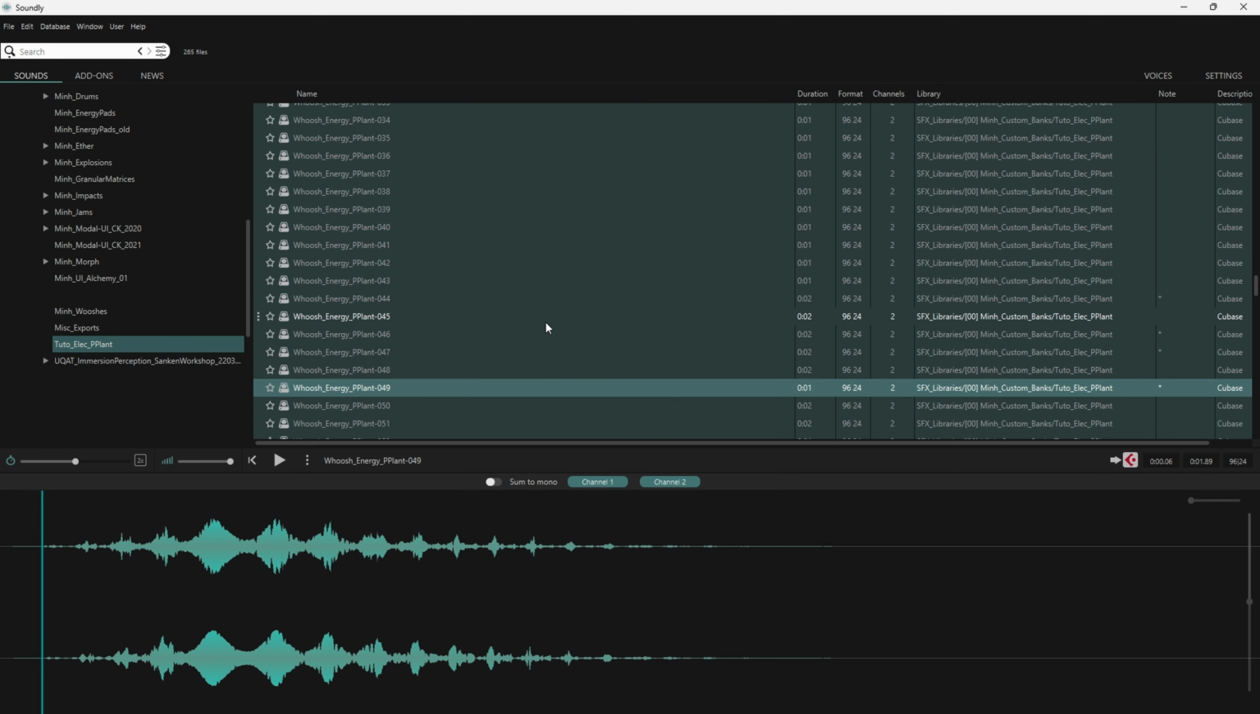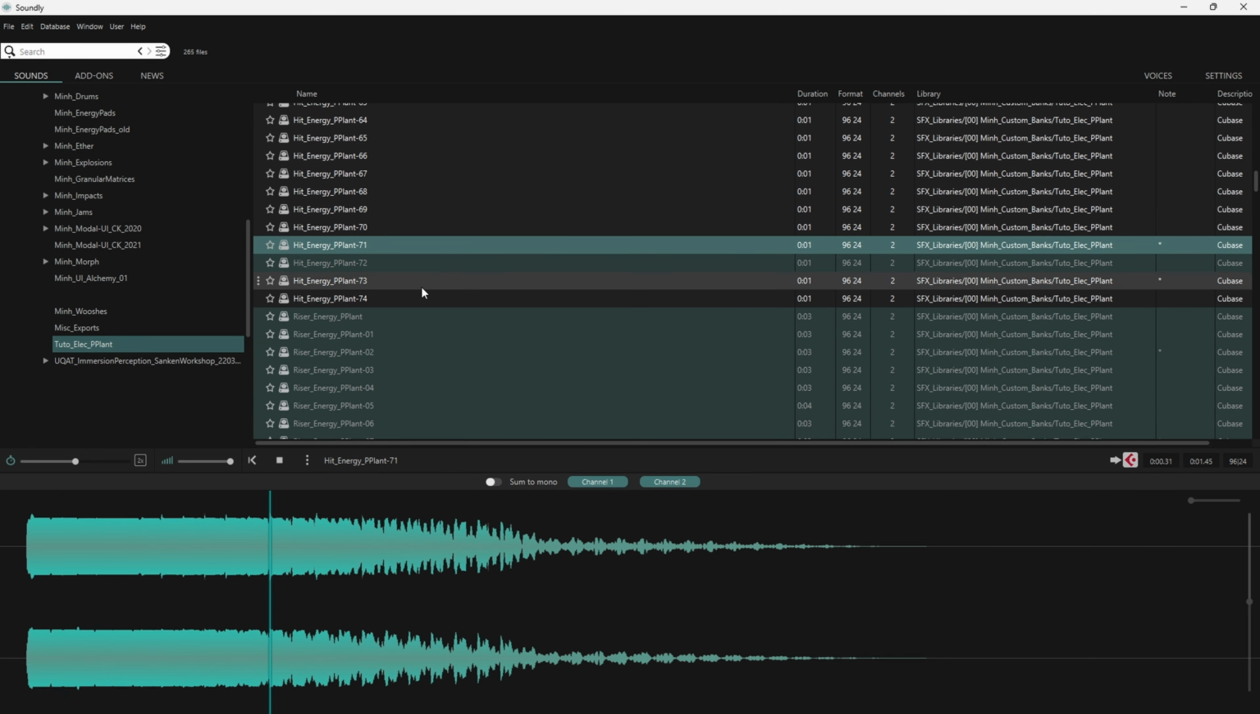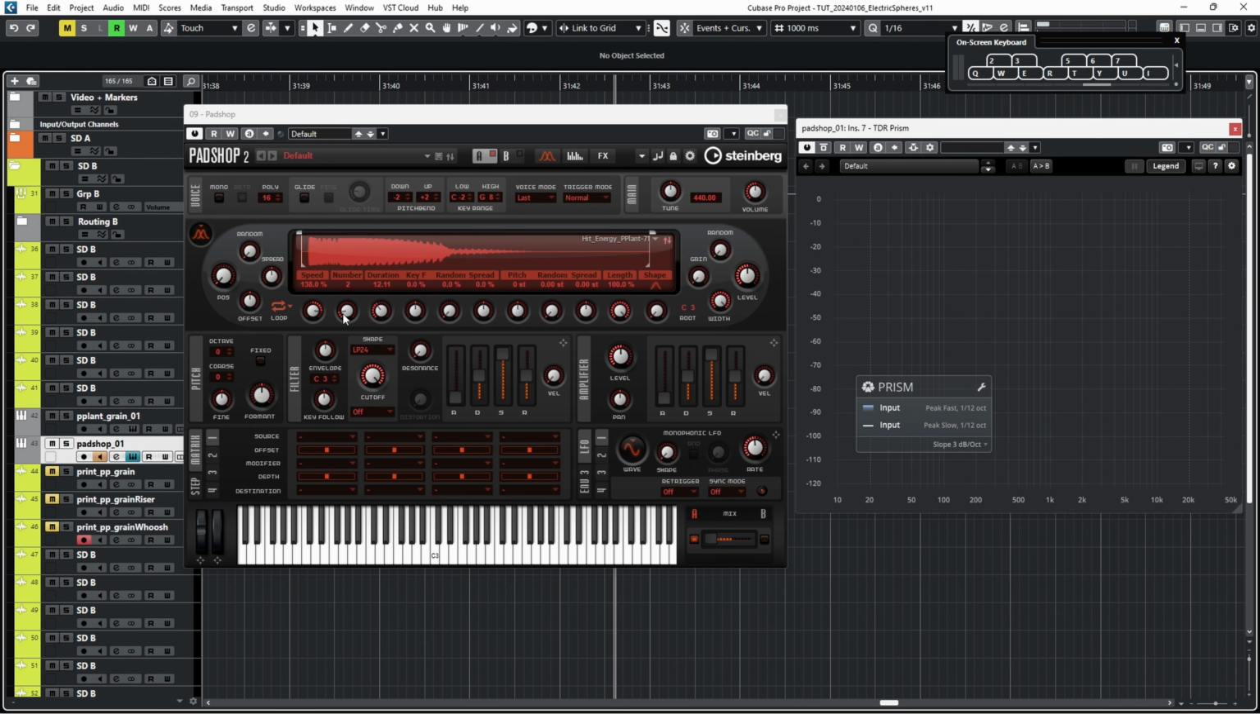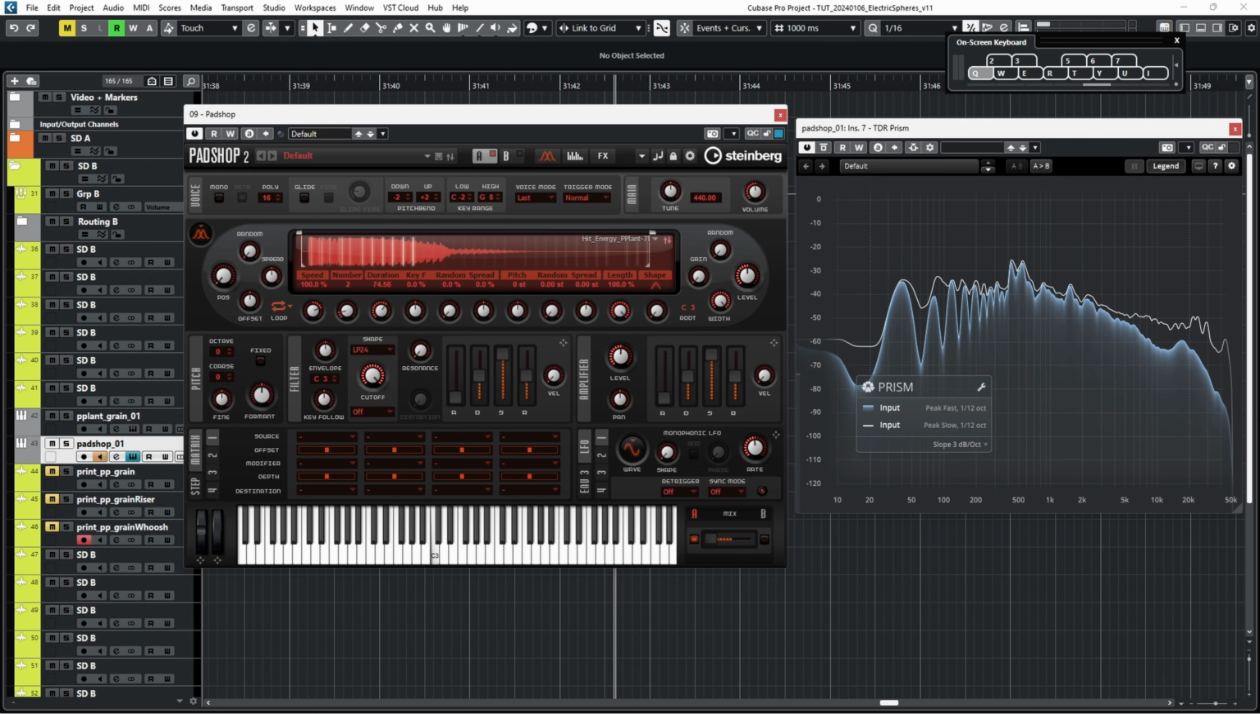For example, if we load one of the hits we made, like I guess this one is fine. So again, okay, let me disable the loop. So this is just sounding like our sample, right? But if we drop that speed,